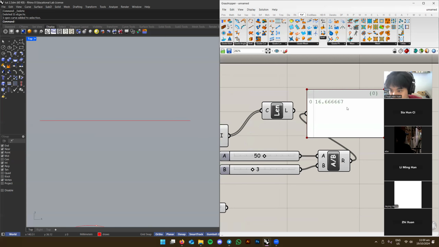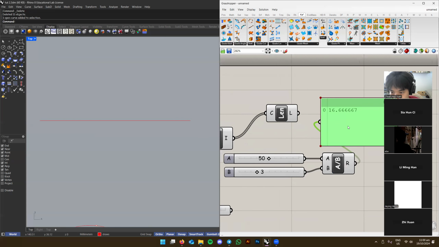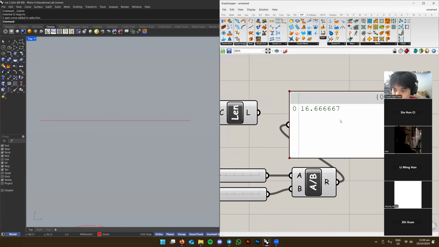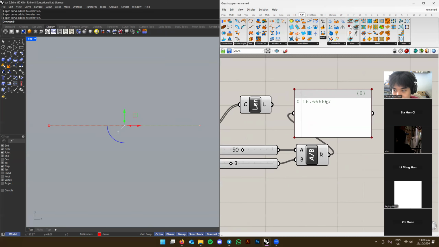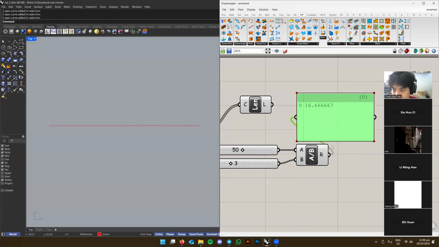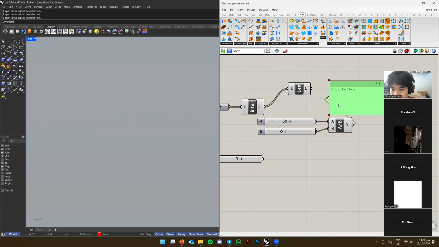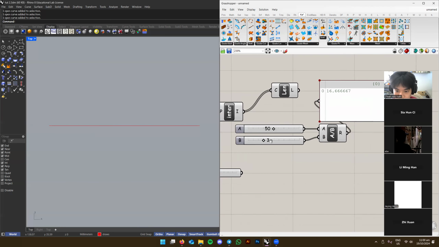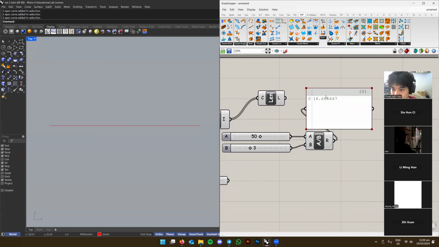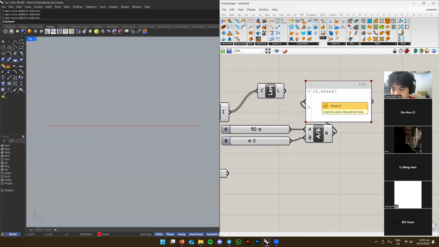16.6. This is a long, weird number that we don't like to use. But since we're working in Grasshopper, it's fine. Because when we model it ourselves, it's nicer to use whole numbers because we don't want to type recurring numbers and everything. But if you're using Grasshopper, then it's doing it for us. So no worries, we can just use this anyway, right? So let's say we want to have 3 mm segments. So this is the closest number we get of the number of segments to get us